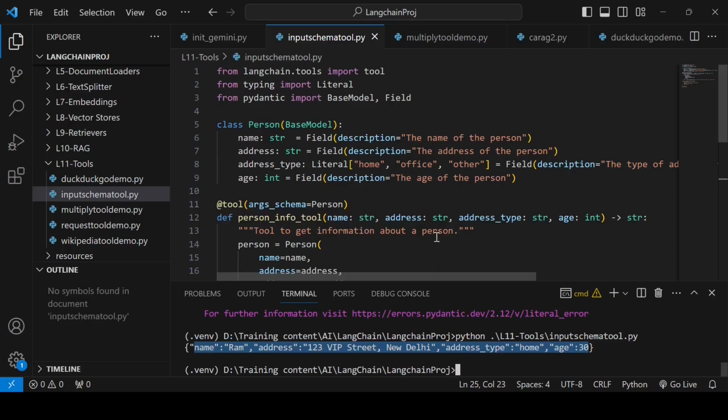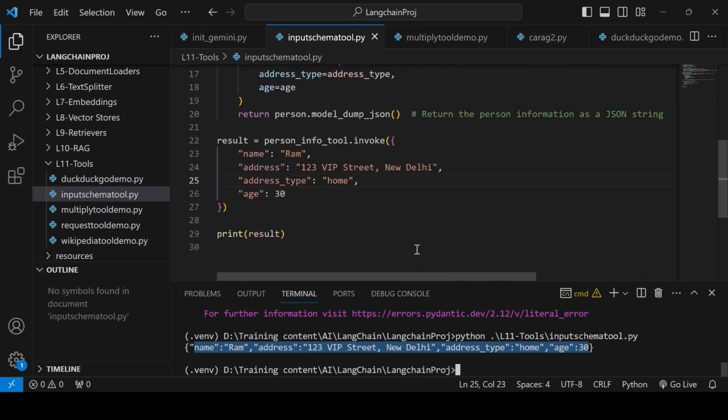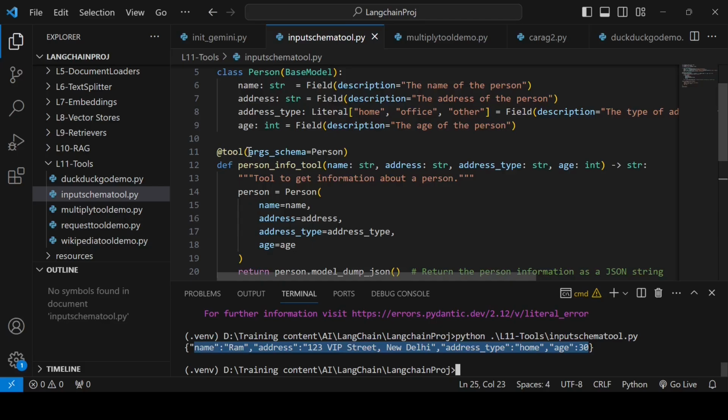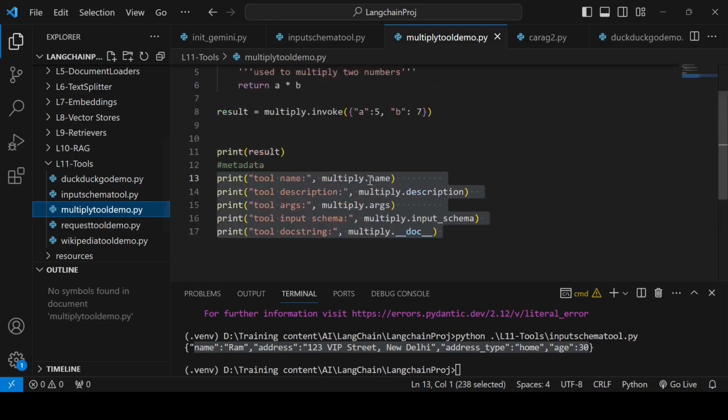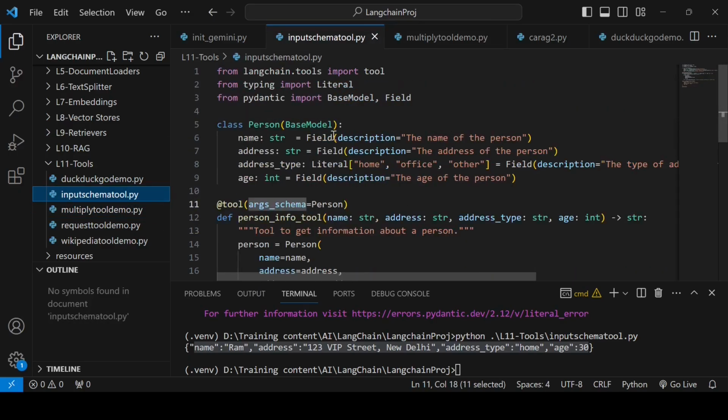Here we are creating a Pydantic model and using it as args_schema. So you can use schemas with your tool. Earlier we used it directly because it was a simple one. But if you have some complex type, then it is better to go with a predefined schema. All right, so that is about getting the schema with the tool.